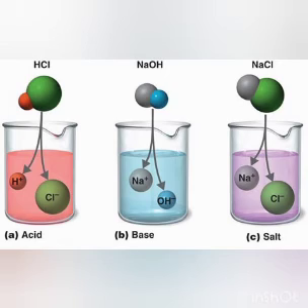Now indicators are of two types: natural indicators and synthetic indicators. Natural indicators are those indicators which are naturally obtained, or they are extracted from some natural organism, or they are naturally used as an indicator, like litmus solution. Litmus is a natural indicator which is extracted from lichens. Okay, and turmeric is also a natural indicator.